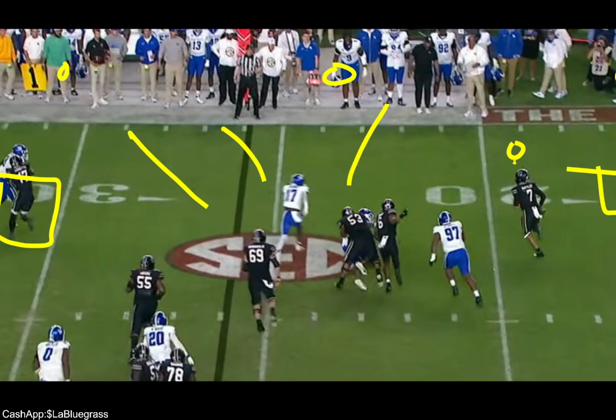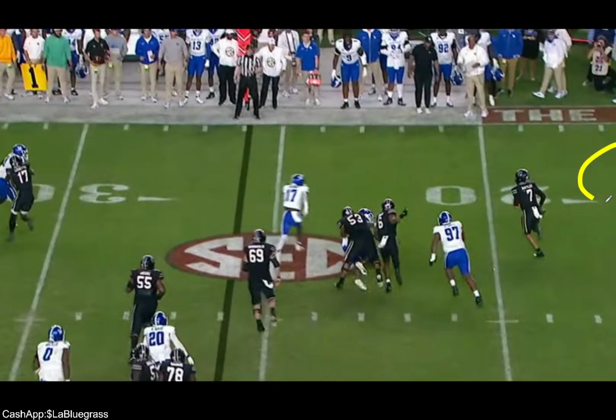So, as a defense, as a corner, if I know the flats are a weakness, I'm not going to try to do anything crazy to combat that unless I get a certain route combination. Coaches are okay with the flats, y'all. That's what I want you to understand.